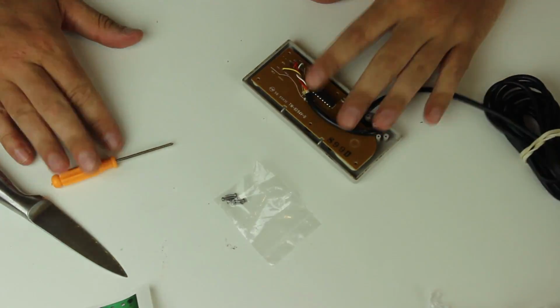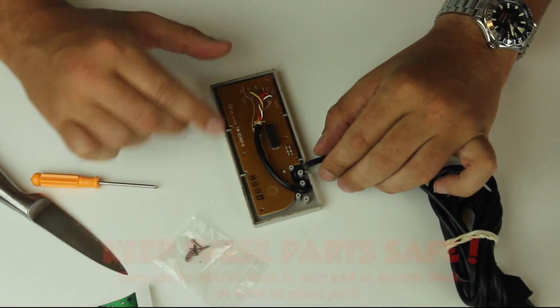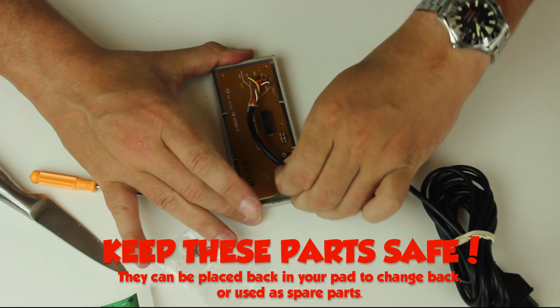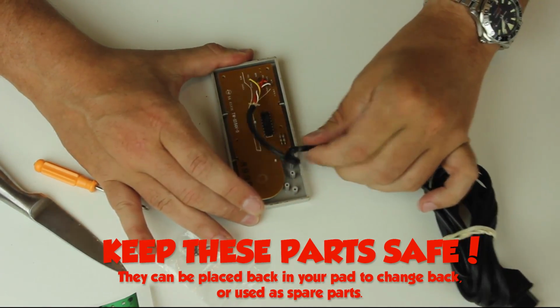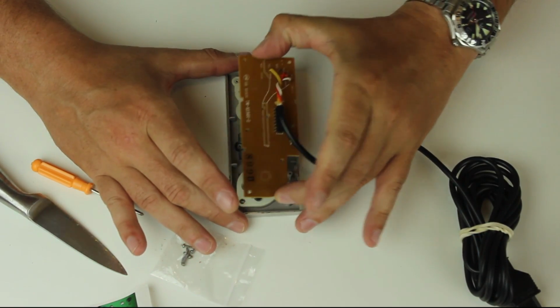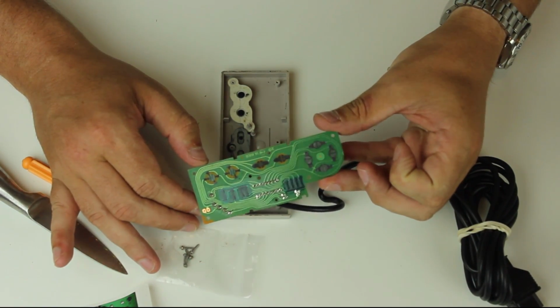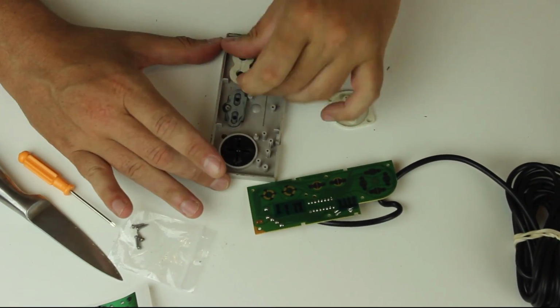That's the easiest way I could do it. You can do the soldering route and all that kind of stuff, but for me, I like to do things the easy way. So what I did was I got my official Nintendo controller, I unscrewed it all, I pulled out the gubbins from within. Now, this is also an ideal opportunity, once you've got the electrics out of there, to take your plastics and your rubbers and to take them into the